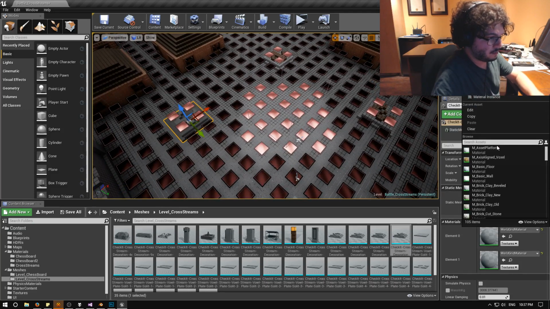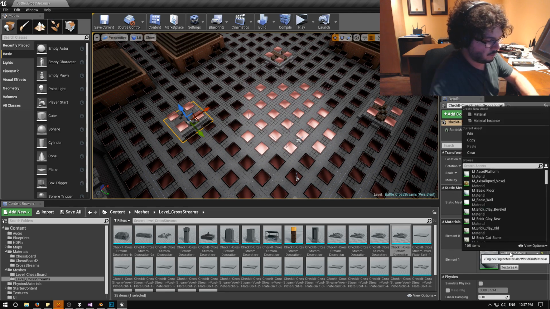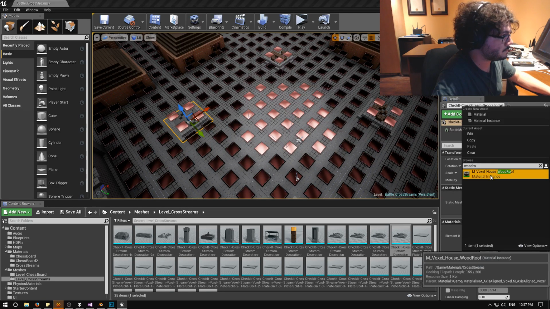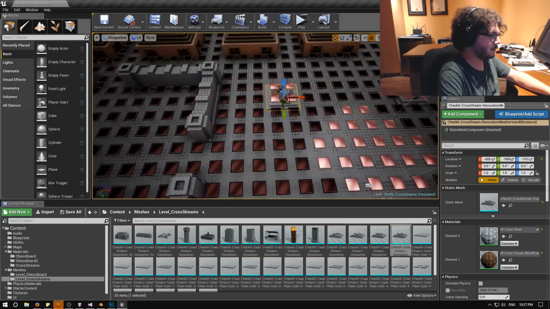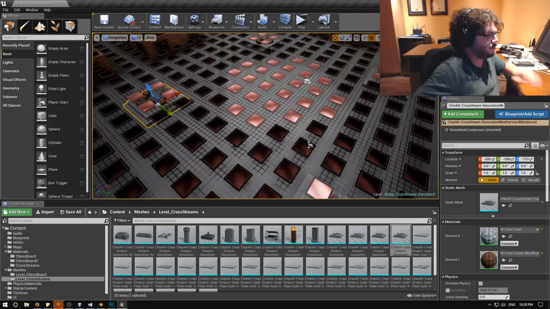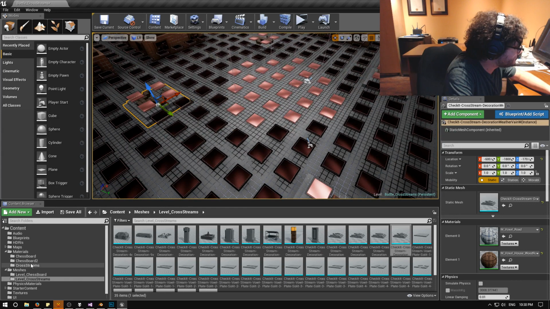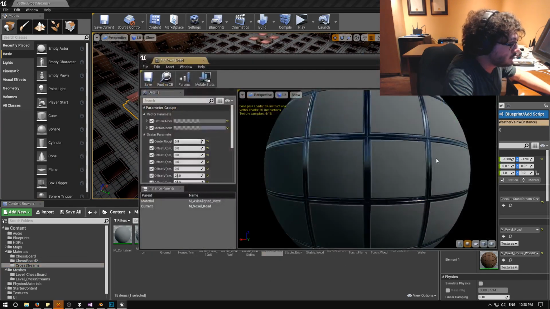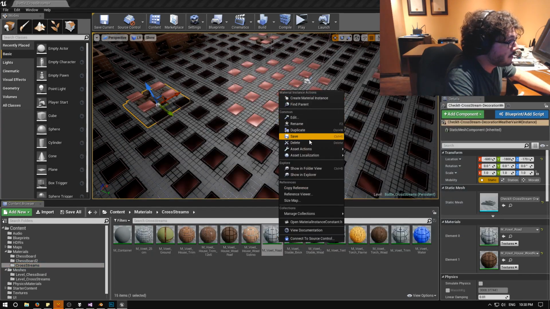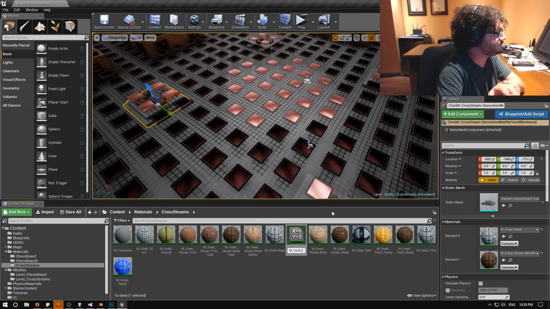Here we'll do road. And here we'll do wood roof. Actually, make a new material. Now we have time. Nope. Duplicate. Voxel, weather letter base,